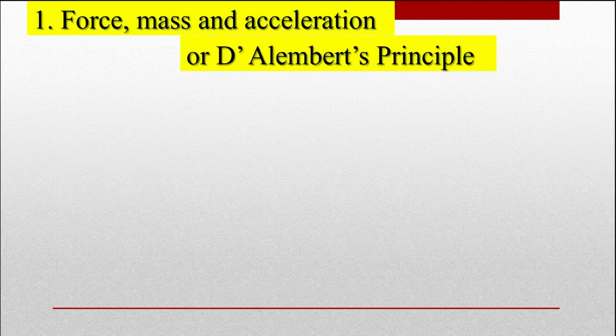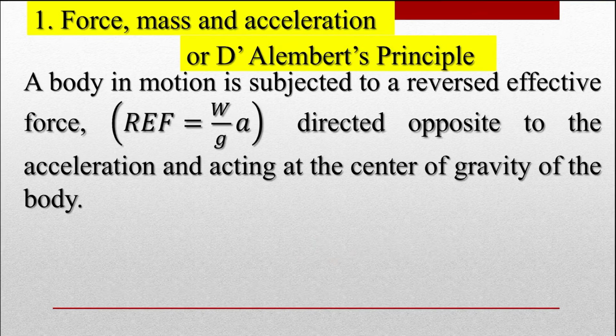So let's first tackle number one, the force, mass, and acceleration, known as D'Alembert's principle. It says here that a body in motion is subjected to a reverse effective force, or the REF, and that's equal to mass times acceleration, because inertia is mass times acceleration. However, mass is equivalent to the weight over its gravitational acceleration, that's W over g. That's why we replace mass in terms of weight, directed opposite to the acceleration and acting at the center of